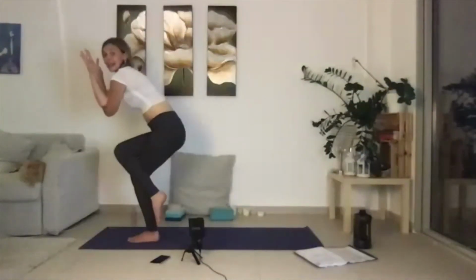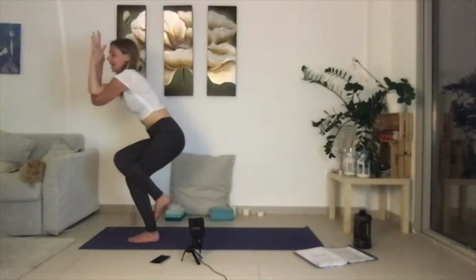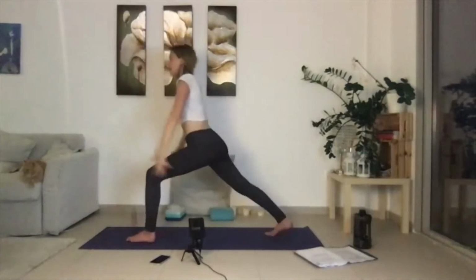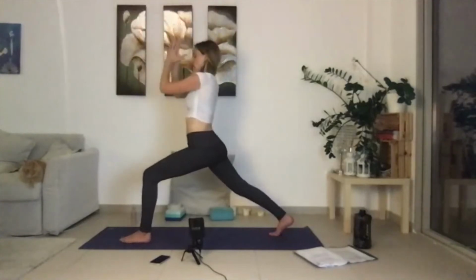Your right thigh crosses on top of left. Maybe you tuck your toes, sit back, lengthen, find your balance. Know that it's okay if you fall. 3, 2, and then 1. Unwind everything. Take a big step back with your right foot. Inhale your arms up towards the sky, and then take your palms into your heart center, lift the elbows, twist